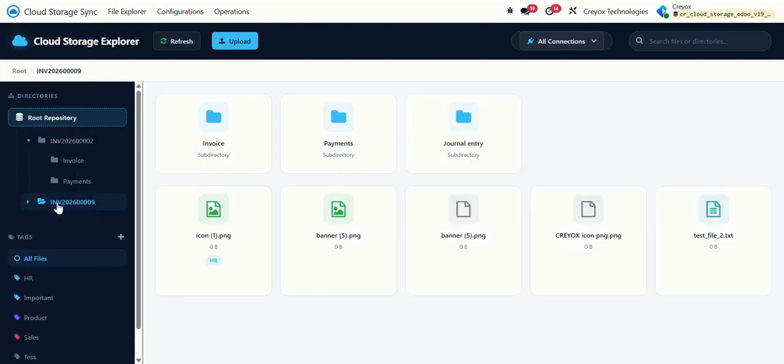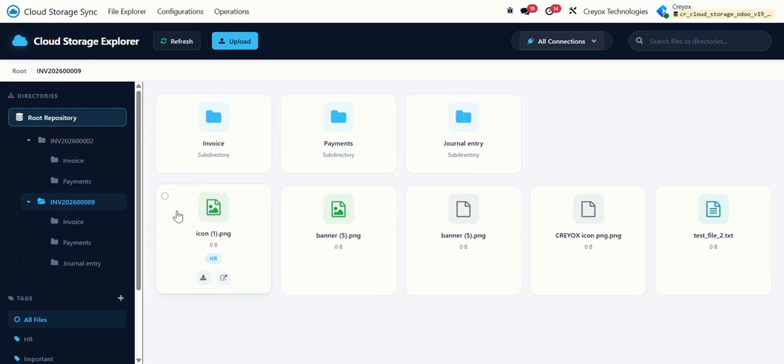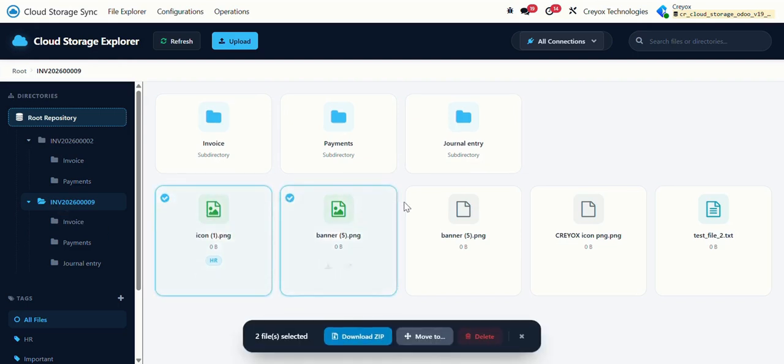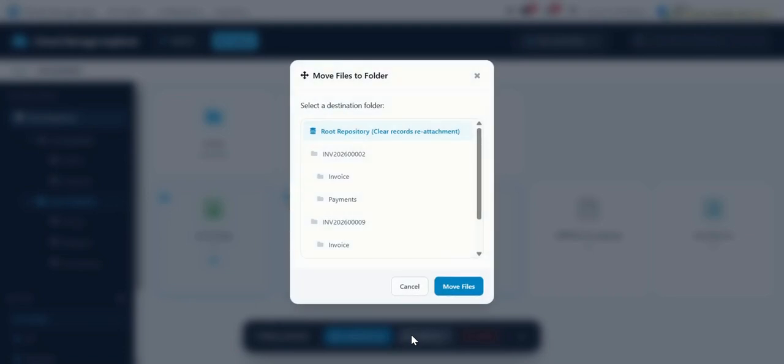Then if you go to this folder, you can see there are multiple files, so you can select the files from here. We have provided the option over here as well: you can download the zip file of the selected files, or you can click on this button if you want to move these files to any other folder. So we have provided this option, where you need to select the destination folder, and